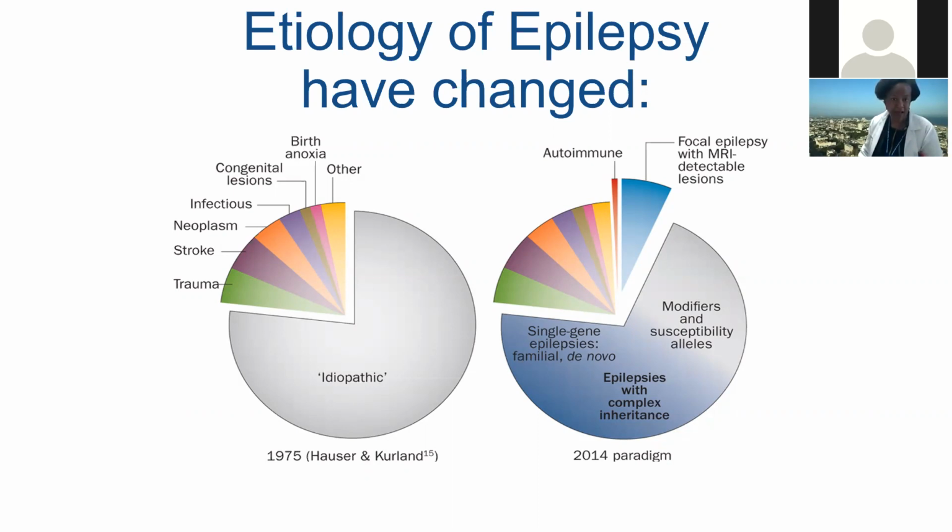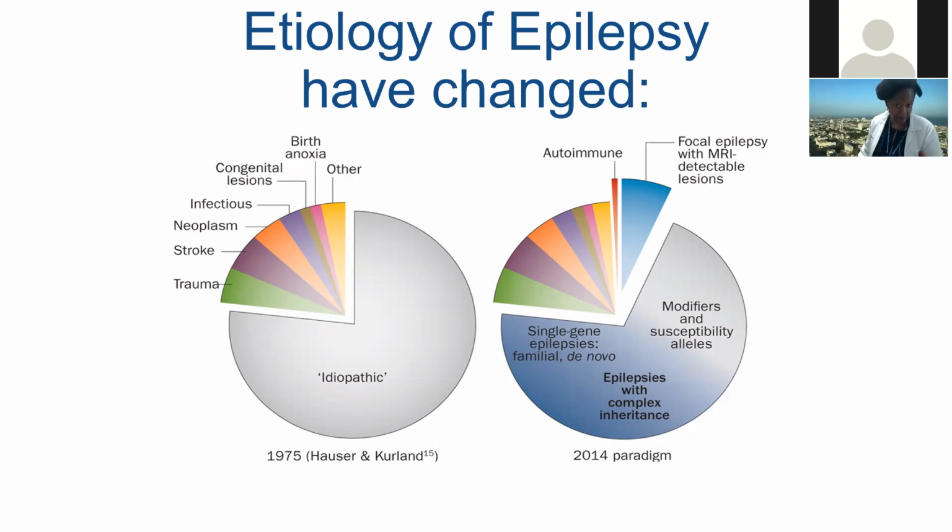To this, now we have a clear understanding of some autoimmune reasons for epilepsy, and this is a field that still needs to have development. And in 1975, we didn't have brain MRIs yet. So when the MRI came, we were able to identify a number of small lesions that were only detectable by MRIs that took a section of that pie away. Yet many of the epilepsies that were considered idiopathic, or we do not know what caused it, it turns out that many of them are caused by single genes, okay?